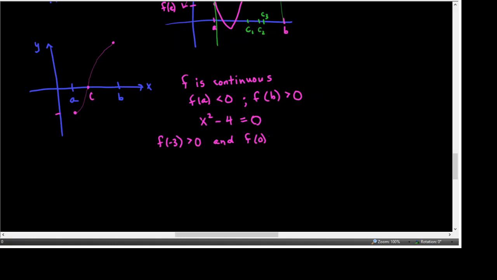And f of 0, 0 squared minus 4 is negative 4, is definitely less than 0. Can't we claim, therefore, that somewhere between x equals negative 3 and x equals 0,